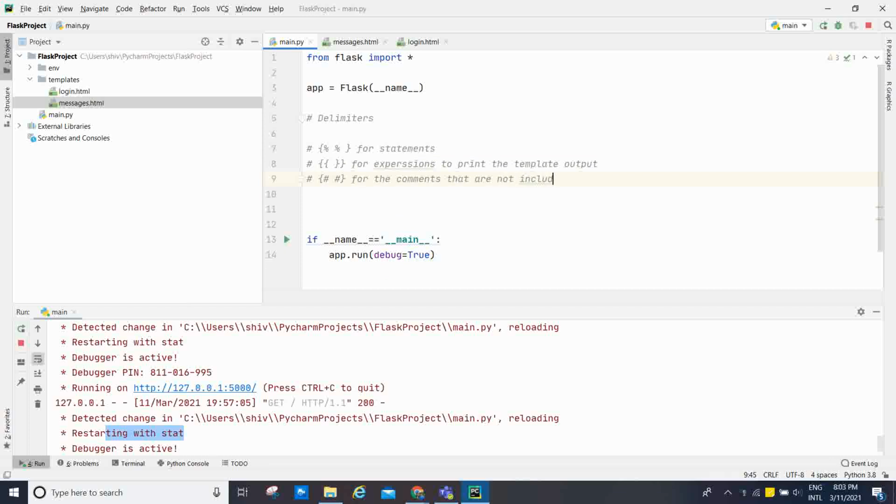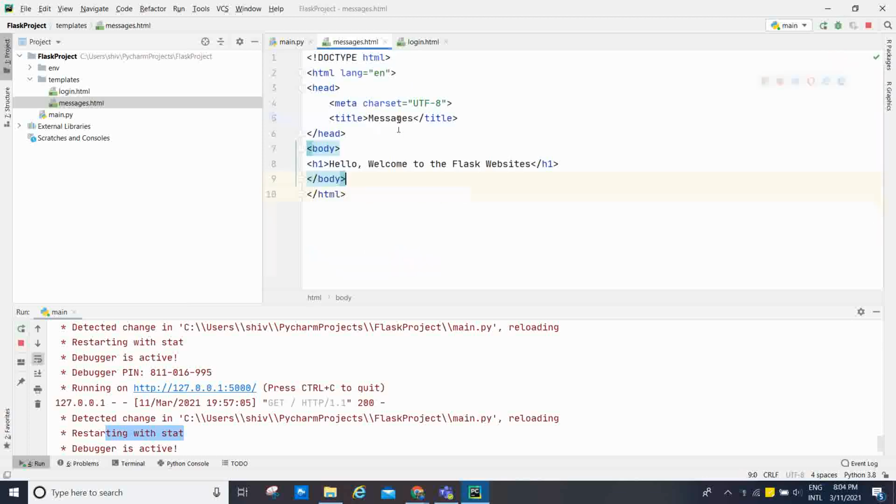The fourth one is for line statements. Okay, let's go through the examples one by one.